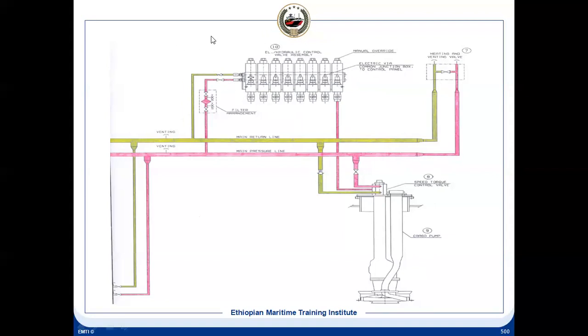It means the signal is coming from the PLC, which is proportional. It means it is not step control, it is a ramp control, which is operating our control valves. These are the proportional control valves, and this is the inlet and the outlet of each valve. It will operate each pump, suppose, or the bow thruster will have a different proportional valve. So that is giving the hydraulic pressure, that is the pilot pressure. This is the pilot valve, it means.